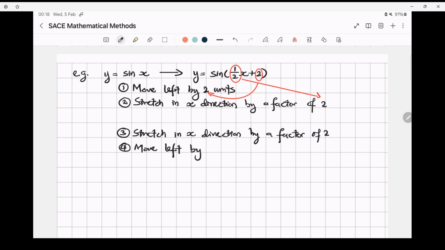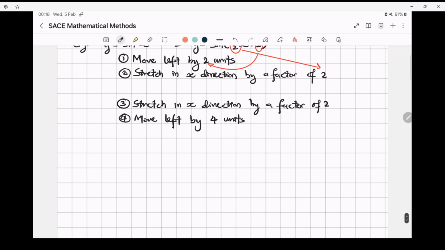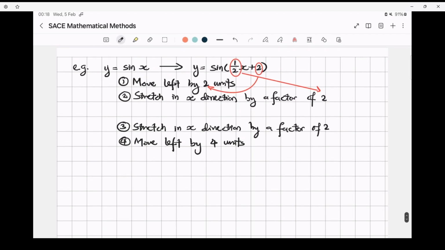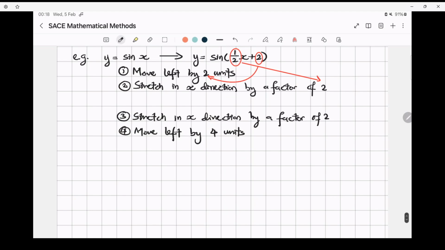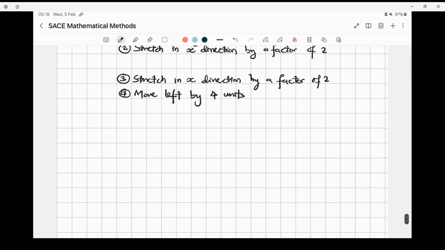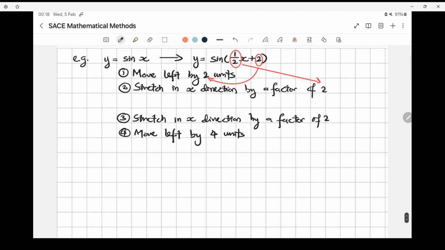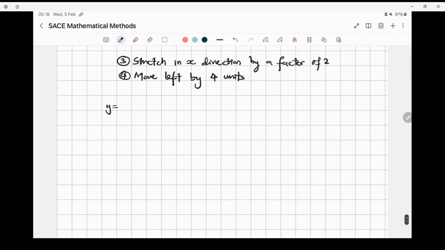So let's say we move left by 4 units, which is double your stretch factor. So let's see whether if you follow 3 and then 4, whether or not you would get to the final form of the question. So let's say you have y equals sine,